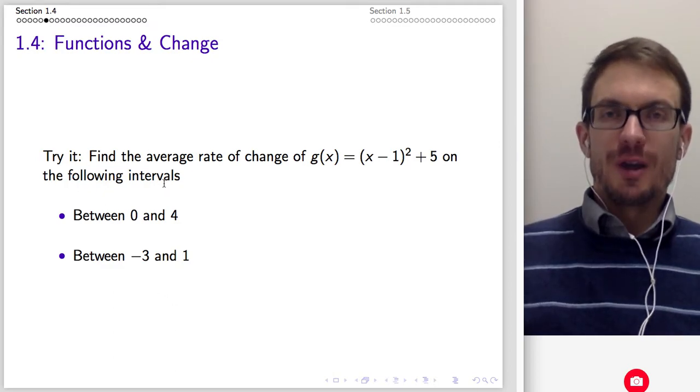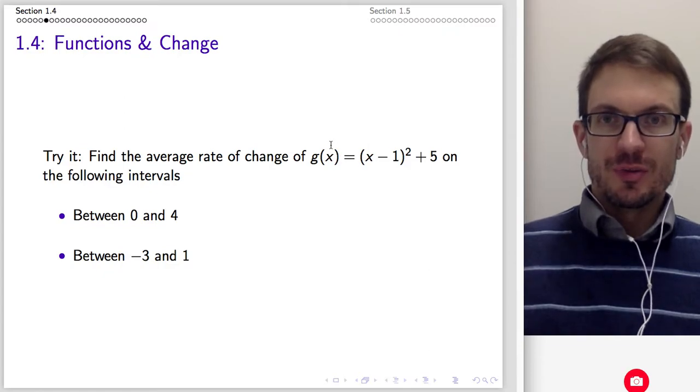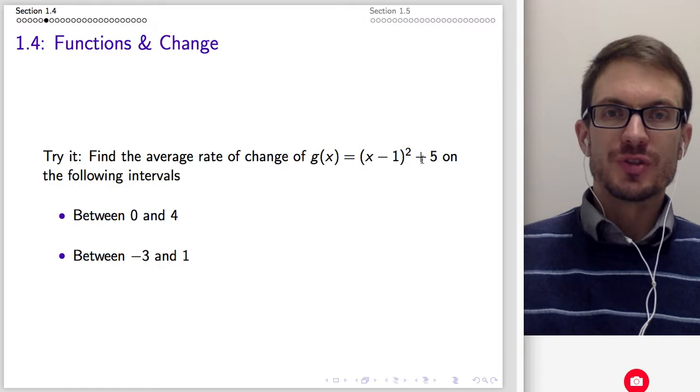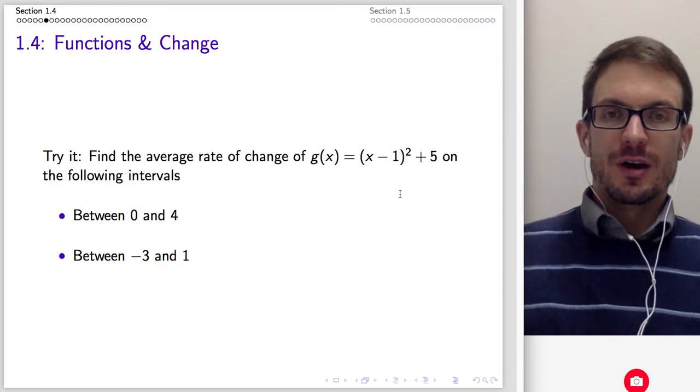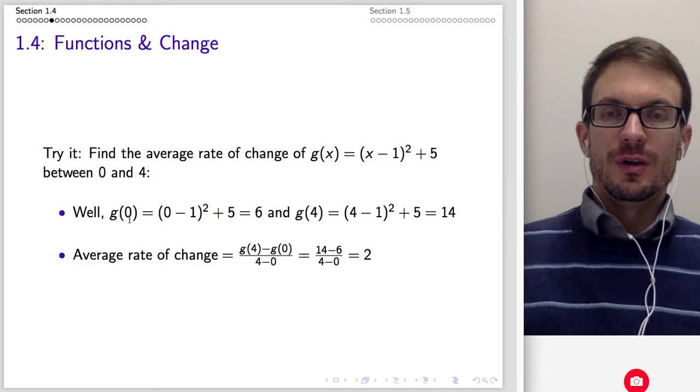So here's some more numerical examples. Suppose we had an actual function rather than a table. Suppose our function is g of x. This is the quantity x minus 1 squared plus 5. And we're interested in the change on the interval 0 to 4 and the change on the interval minus 3 and 1. Well, on the interval 0 to 4,